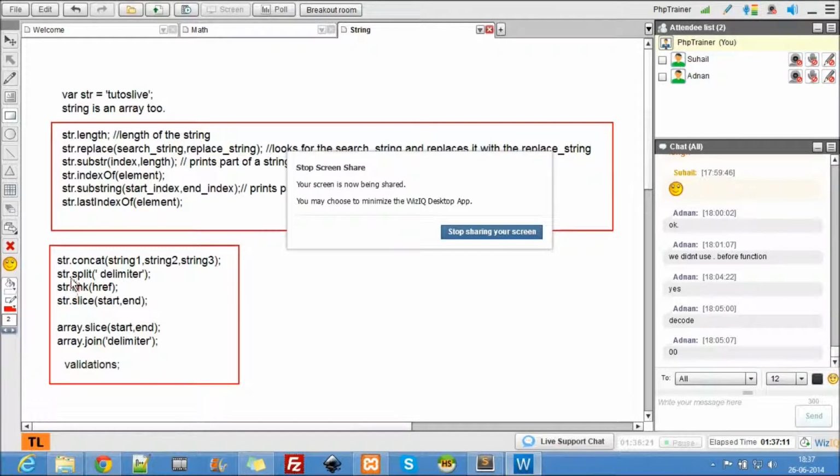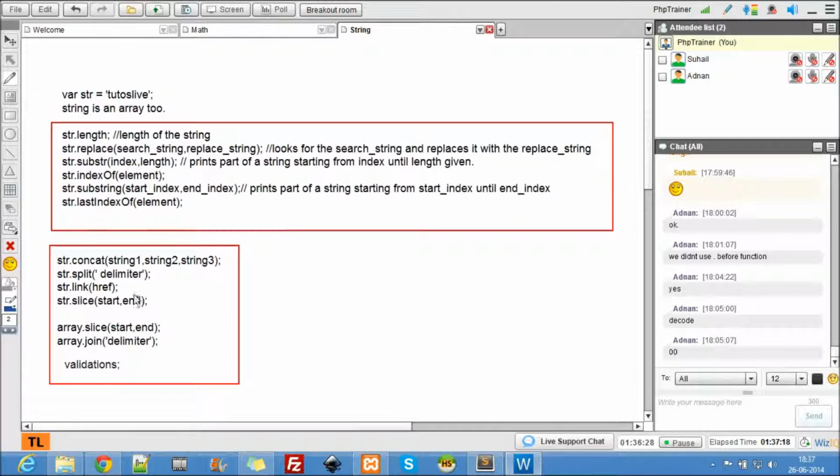So come back to the class here. Join and split are complete contrast. So these are again important. Now here I'll point out which ones are important. Split is important and join is important, and that is it. That's all we use in strings. And I'll let you know the notes. Remember why I'm providing the notes: because I can't really discuss everything in the class. If I miss out something, you can follow the notes and come back to me with your questions. That is the reason I always do the notes.